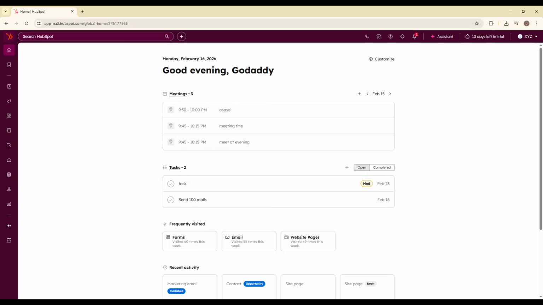In today's video, I'm going to show you exactly how to insert a link in a rich text module in HubSpot. Whether you're editing a website page, a blog post, an email, or a landing page, adding links properly is essential for improving user experience, boosting engagement, and driving conversions. I'll walk you through the entire process step by step so you can confidently add any type of link inside